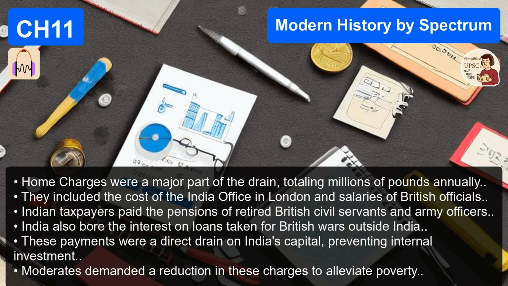It all connects. And we also have to mention their stance on civil rights, because I feel like people often forget that the moderates were the original fierce champions of civil liberties in India. They absolutely were. They were relentless defenders of the freedom of the press and freedom of speech. They argued strongly for the separation of powers, demanding that the judiciary be separated from executive functions. Because you can't have the police officer also acting as the magistrate. Exactly. And their commitment to free speech was tested.